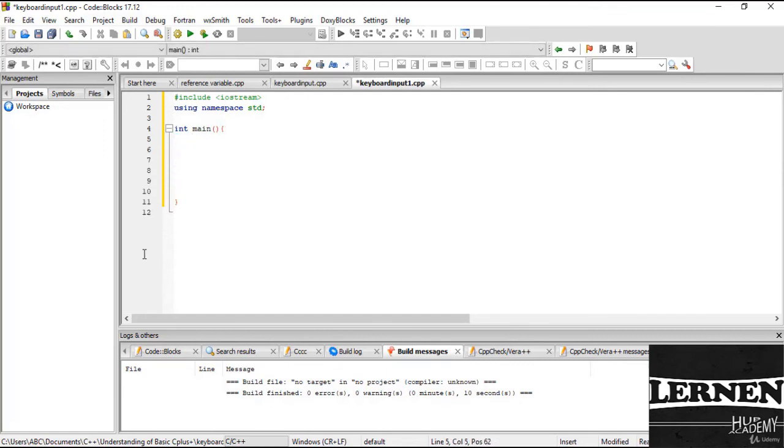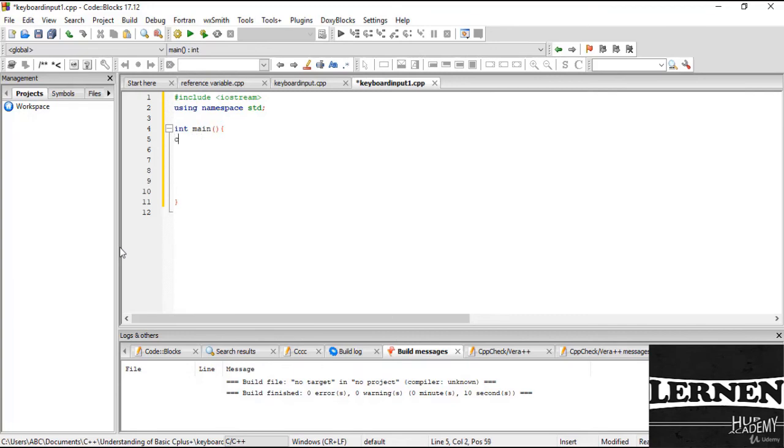so our C++ standard input stream is the predefined object cin, an instance of the istream class. It means this is the input stream class. The cin object is said to be attached to the standard input device, which usually is the keyboard. The cin is used in conjunction with the stream extraction operator, which is written as double greater than sign, like this one,